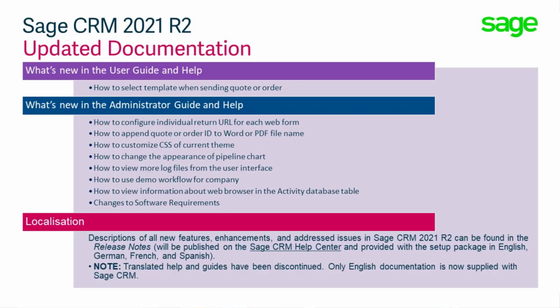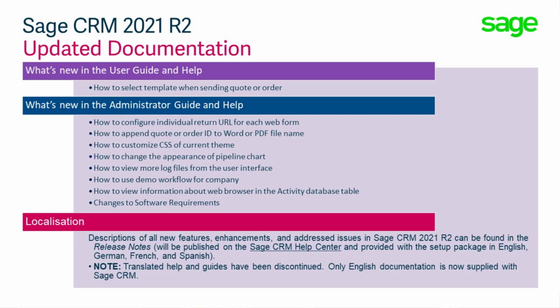The documentation has changed, obviously, to support the new releases. So we've changed different guides as well, not just the release notes. The user guide and online help have been updated for users so they understand how they can select a template when sending a quote and an order. And the system administrator guide has seen the most changes, with changes on how to configure individual return URLs for